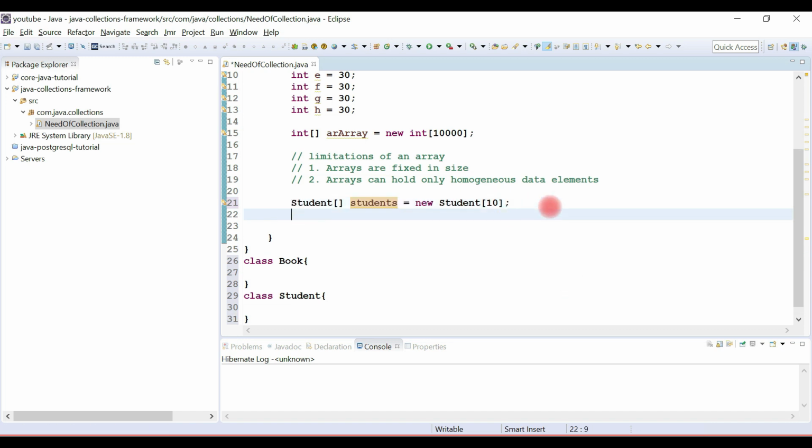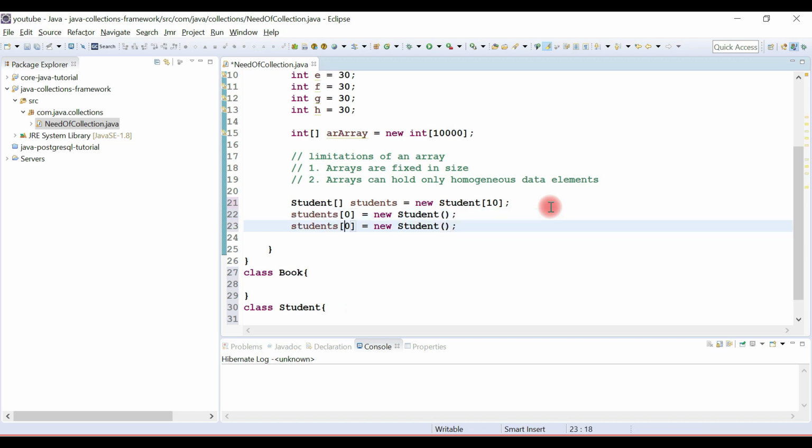Now I want to store an element in this array. So I need to add an element at the 0th index of the array, something like this, new Student. Also I can add another student at index 1 of this array.